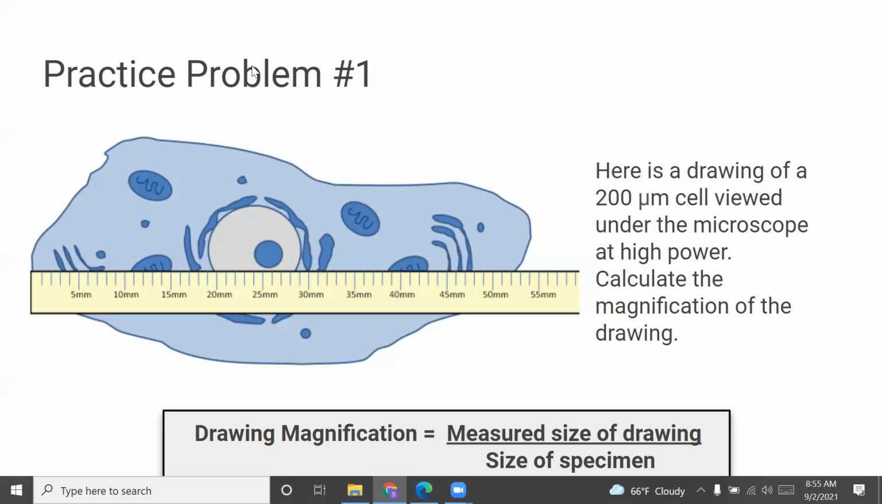Now we use the equation. For today, you can use your phone. On a test, you need a calculator. Okay, let's check that answer. The measured size of the drawing is 54,000 micrometers. Always, always, always show your units, not just in your work, but in your answer, in everything. Divided by